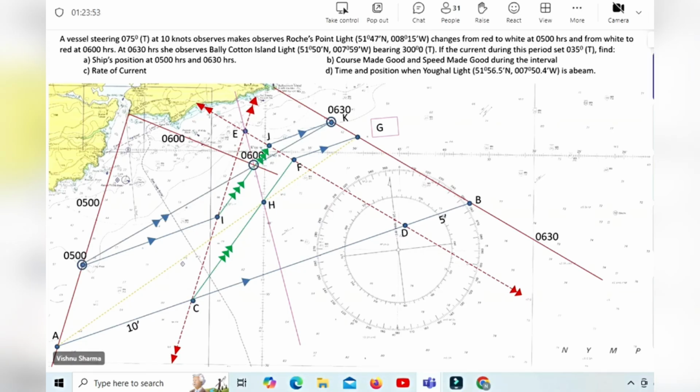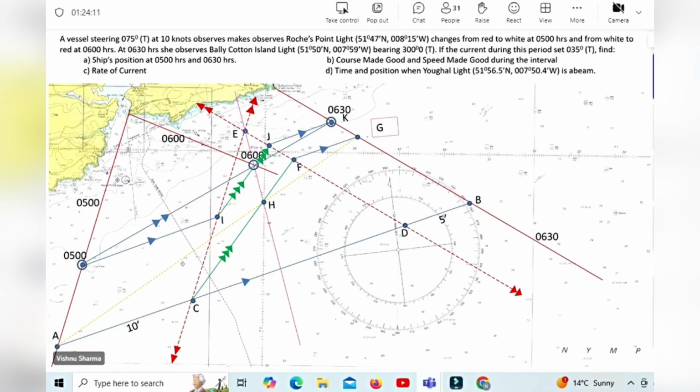Now let's look at the question. Looking at the plot, can you answer part A of the question? Ship's position at 5 and 6:30, guys. You will give the lat long of the 5 o'clock fix and the 6:30 fix. That is part 1 of the question. Part B,